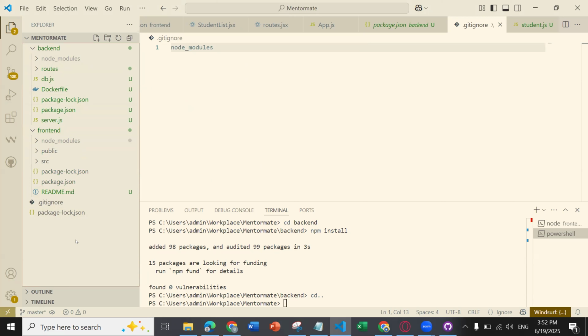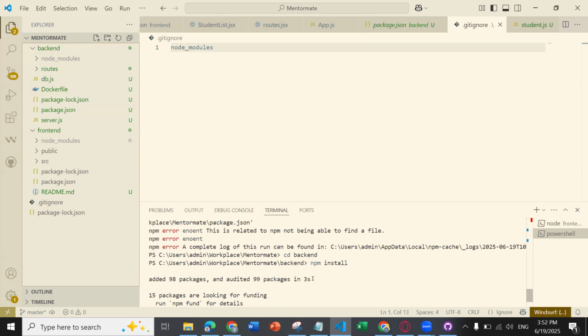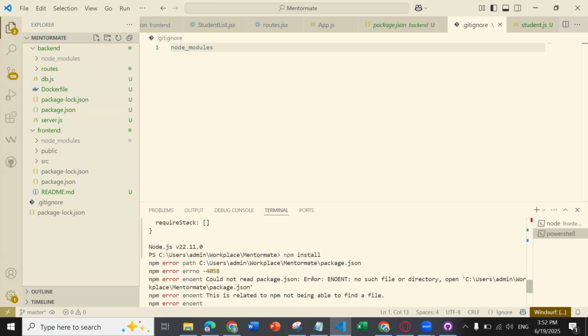So I am quite interested in why it's generating a package lock outside. Did you do an npm install outside? No, I have done it inside, because both the backend folders have their own package lock. No. So if you see here,